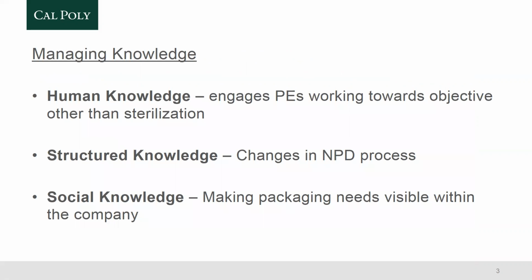So how does something like voice of customer or usability involve the topic of managing knowledge? We have three different types of knowledge management sections that I want to go over, which is human, structured, and social knowledge. With human knowledge, this initiative really has packaging professionals concentrate on the voice of customer and usability